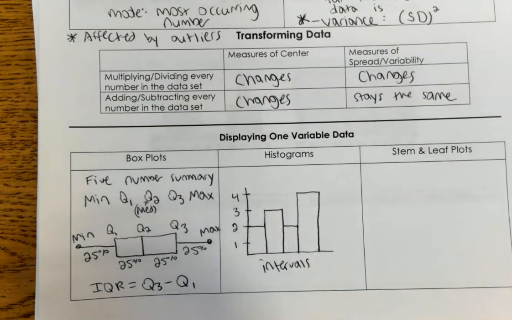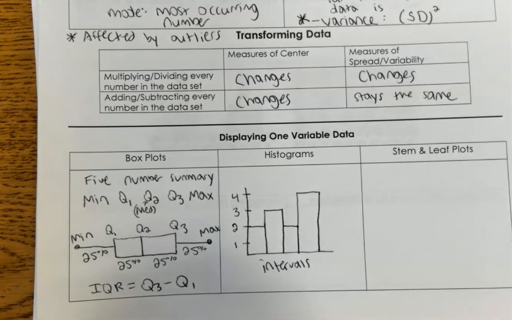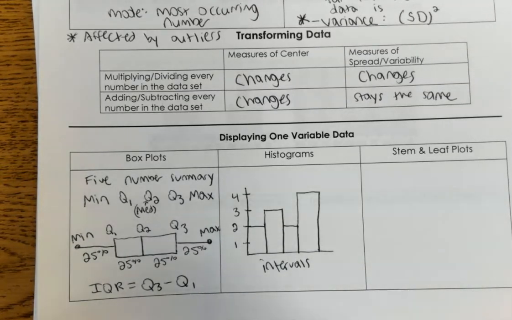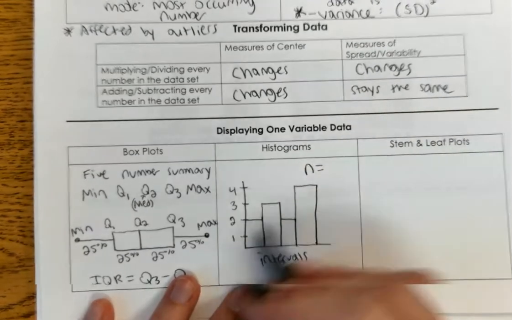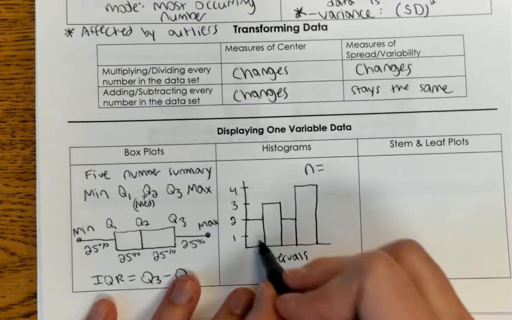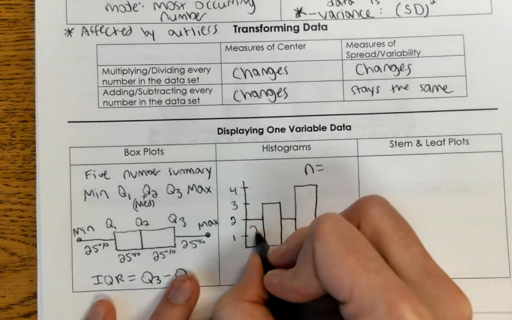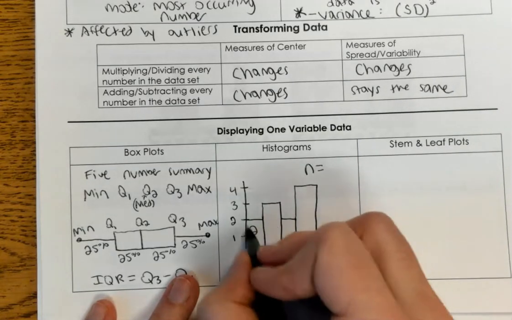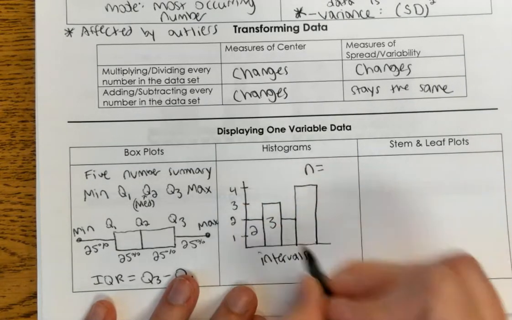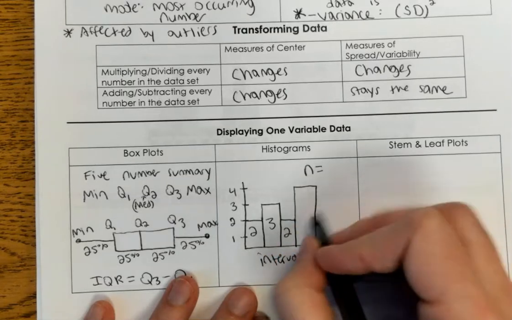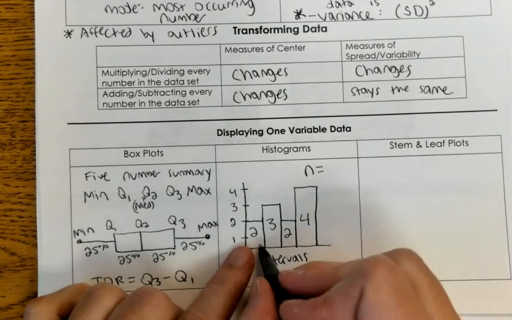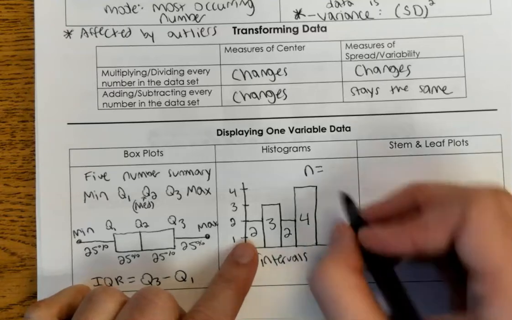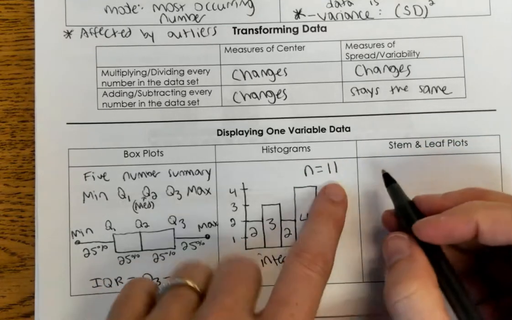So on the test you might be asked to figure out what interval the median's in. So you know that the median is the middle number, so the first thing you would do is figure out what the n is, or how many numbers are in the data set. And you do that by looking at the frequency. So there's 2 numbers in this interval, because it hits at 2. There's 3 numbers at this interval, 2 here, and 4 here, because I'm just looking to see how high the bars go. When I add them all up, that's going to give me an n of 11,